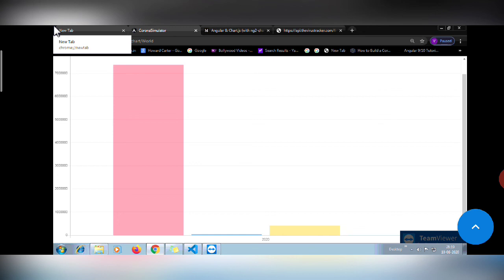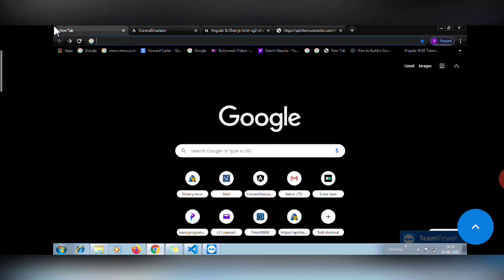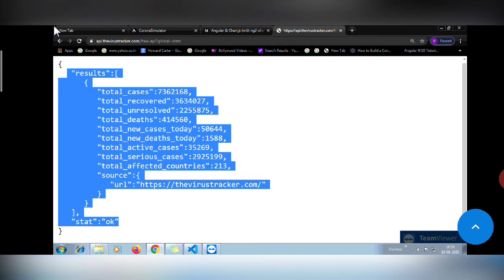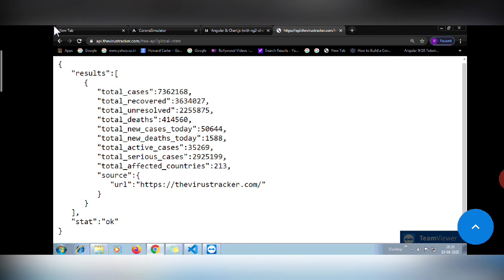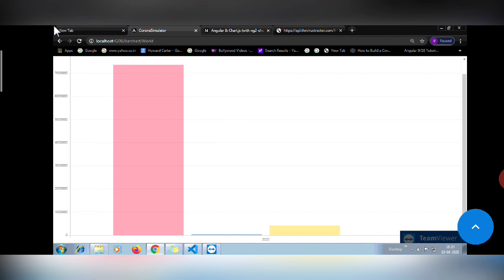There is no data or code issue. This is a JSON issue, because the data which is mentioned in the JSON, we are accessing only that. So if you observe 35269, this is a very low count as per today's cases, but whatever the JSON API is printing, we are grabbing only those. So 35269 it is showing as active cases, which is actually wrong, but in the bar chart you can see that count.